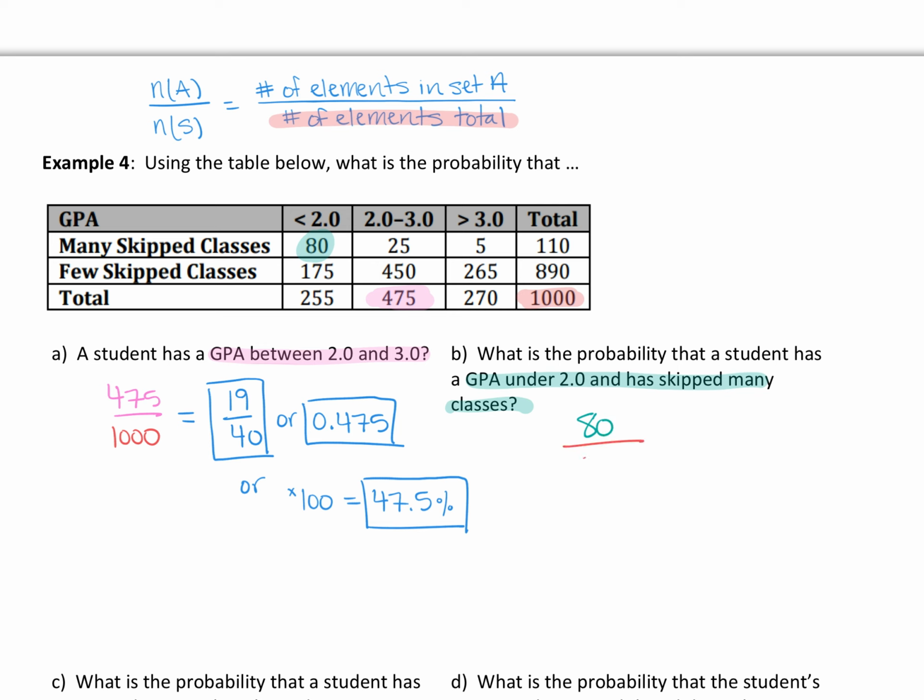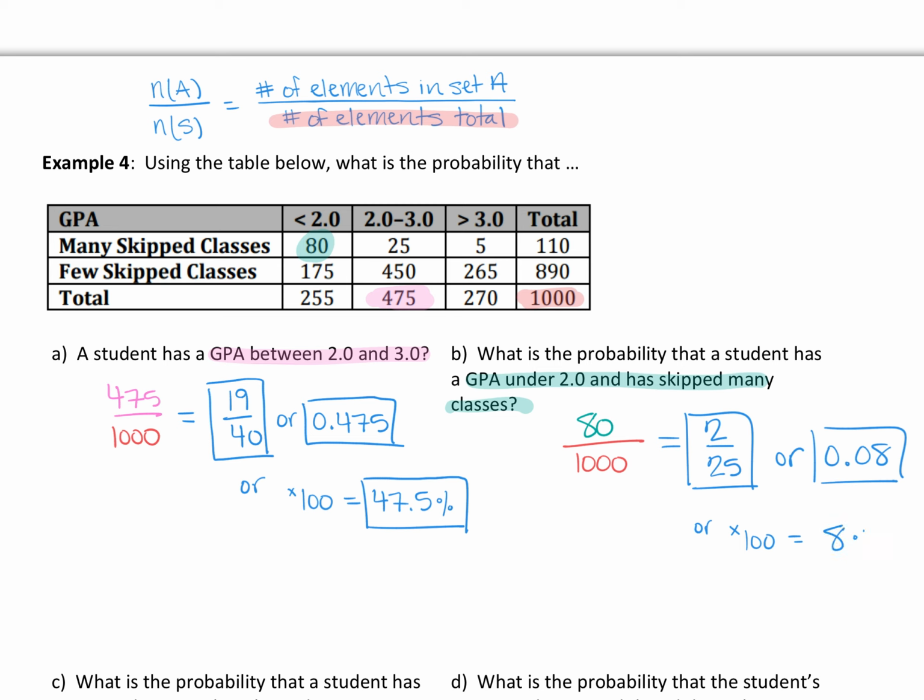And then again, that's out of 1,000. So that can be simplified to 2 out of 25 if you want to write it as a fraction, or that can simplify to 0.08 if you want to write it as a decimal, or you multiply that decimal by 100 to get the